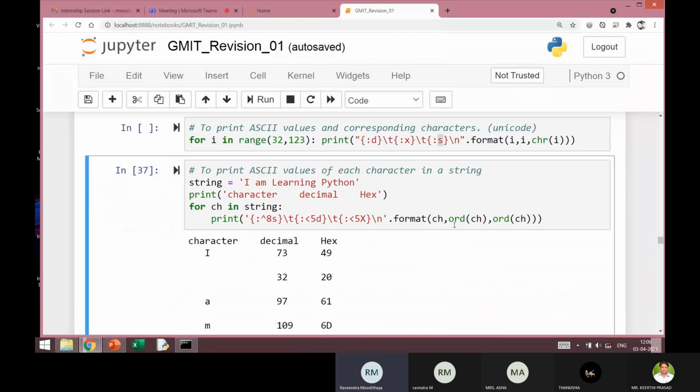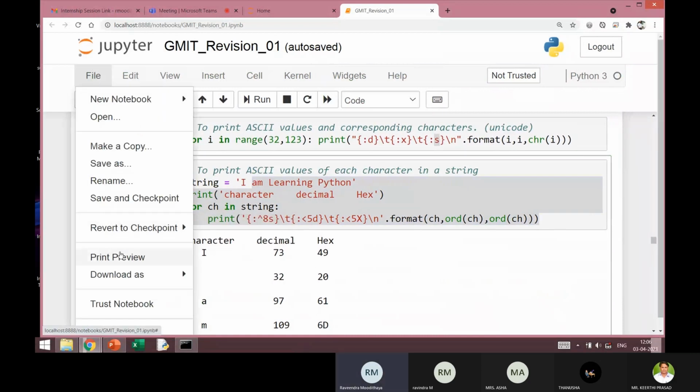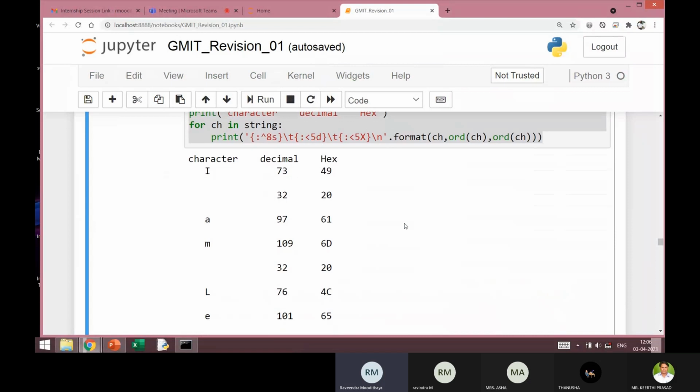That also will help you to write multi-line code. Okay. So now naturally I have the code with me and the corresponding output, and you can see that I can download this as IPYNB, or I can even export this to a PDF file and save it as a PDF file.